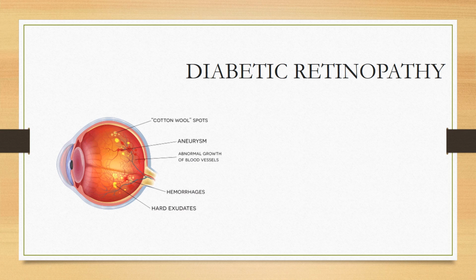In the last class we discussed the association between diabetes and diabetic retinopathy. So in this class what we are going to discuss is the pathogenesis of diabetic retinopathy. Before going into the topic, we'll briefly discuss, in less than a minute, what we discussed in the last class. Fine.